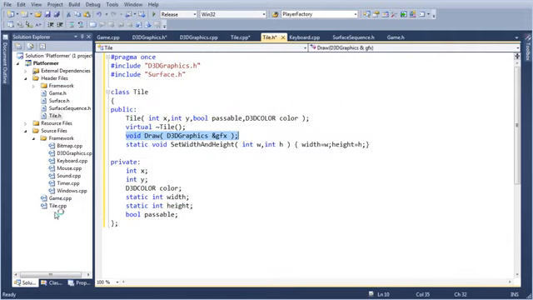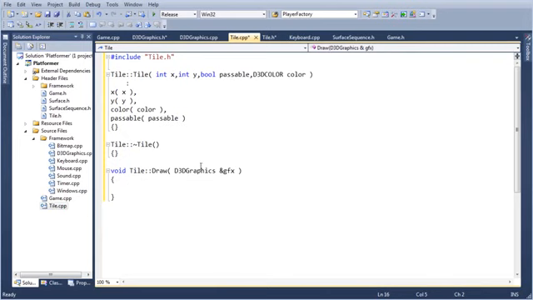Where's tile? Tile. So we're just gonna make a for loop: int index y is equal to y. That's not a good idea, is it? Index y is equal to y.